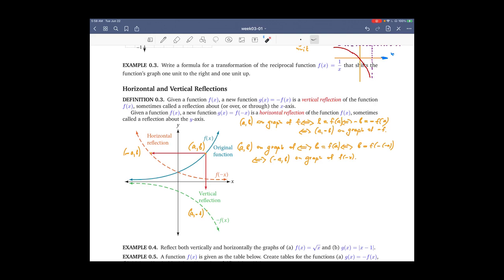All right. Now, why is the point negative a comma b a horizontal reflection of the point a comma b? Well, that is because they share the second coordinate, b, implying that the 2 points lie on a horizontal line, y equals b. And also their first coordinates have the same absolute value. Absolute value of a equals absolute value of negative a,